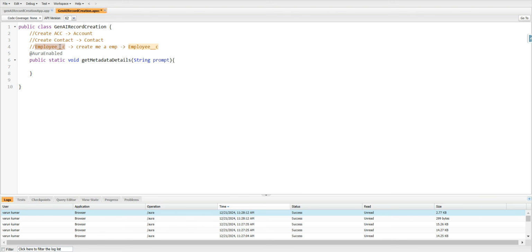To get the object API name, we're gonna use this AI intelligence. So if I say create me an employee, it should return me employee underscore underscore c, because this is how it works in Salesforce. We need the API name to create any record. And if I say create ACC, it should return me the account API name. So for that,